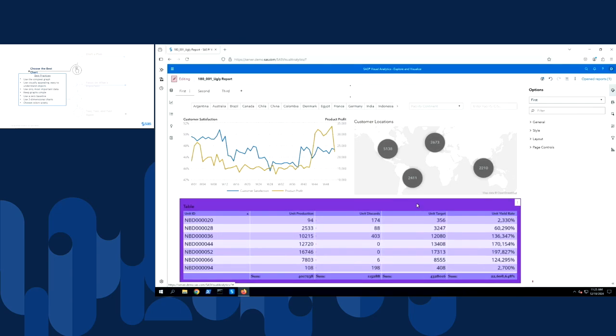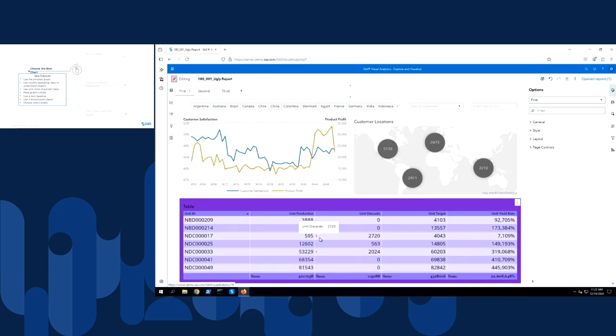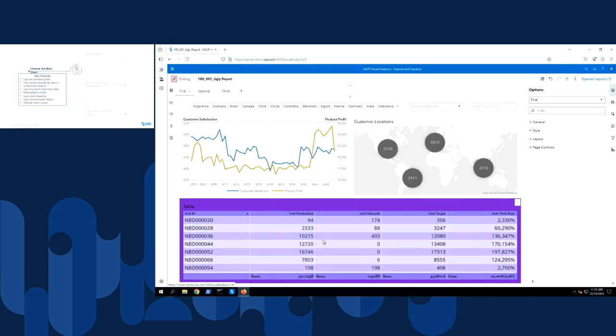So as we talked about before, the list table overuses colors. Less is more. In addition, we can see that there's a cell graph displayed for unit discards, which is really not necessary. So we're going to modify the colors and remove that cell visualization. So I'll start by clicking the list table, and then in the right pane on the Options tab, I'm going to give this a meaningful name. I'll call it Unit Details.